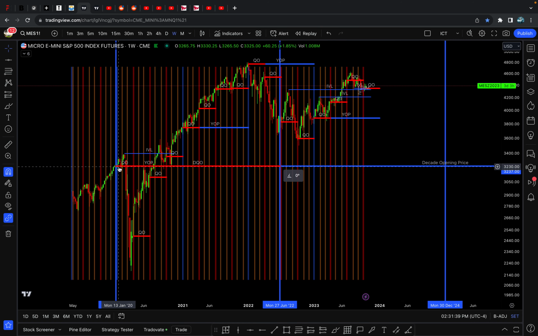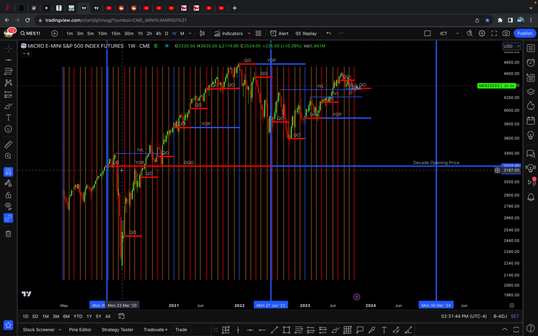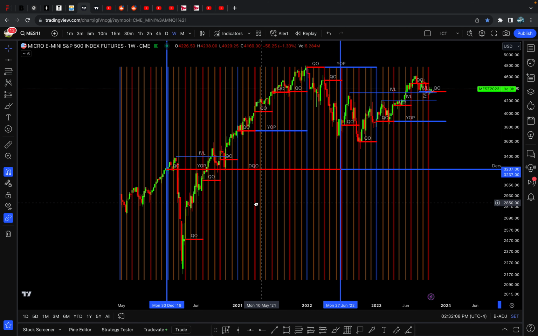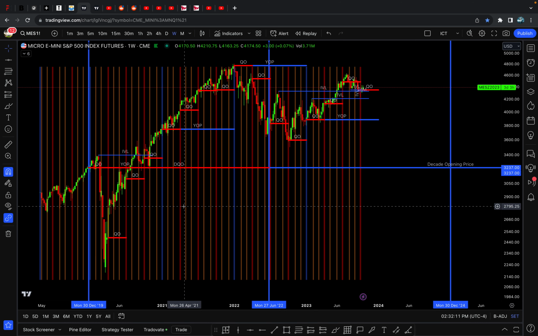So the first pattern we can look at is basically repeating on all time frames. It's what's called fractal patterns. If something is fractal, it's able to be observed on any scale. Okay, so that's what that means. So if you'll notice, we have this decade quarterly open,